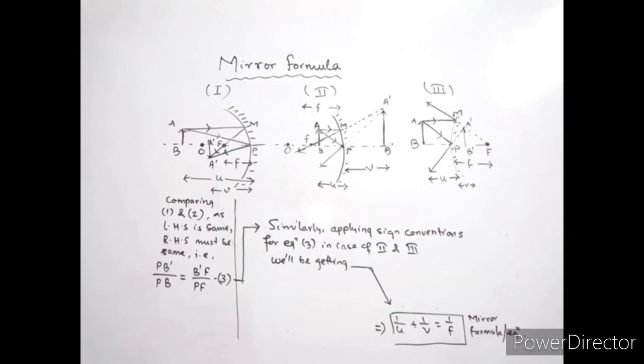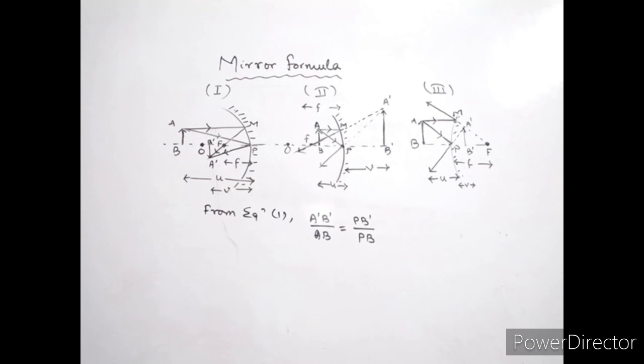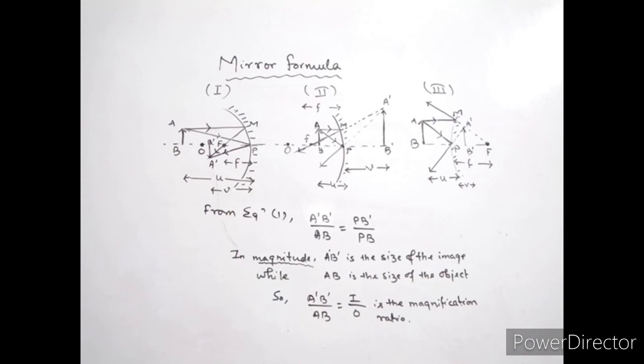Similarly, by applying the sign convention on the third equation for the other cases, that is figure 2 and figure 3, we'll be getting the same mirror formula, that is 1 by u plus 1 by v is equal to 1 by f. I hope you can try them considering the figure, and if you're clear with the concept of sign conventions, then you can do them easily. Then let's get back to equation 1, as I had told you to take a